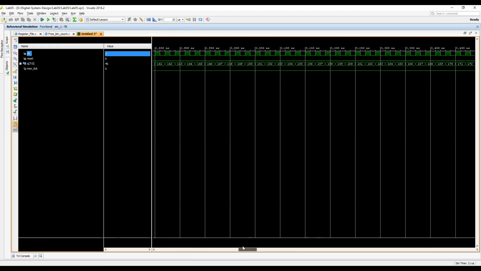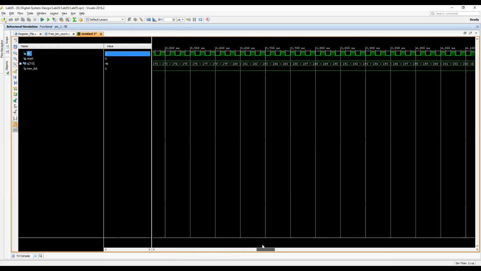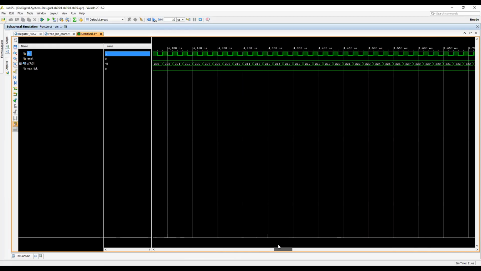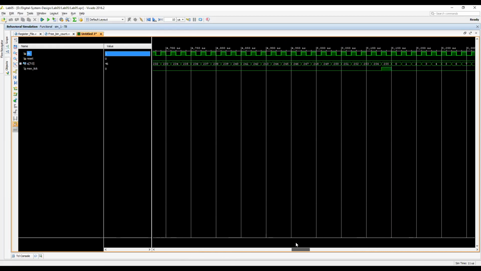I want to check where the max tick signal is generated. Okay, so keep going. Okay, here you go. Whenever it touches 255, that is the maximum value an 8-bit counter can reach, it generates a max tick. Otherwise, it goes down again. Okay, so that's it. Any question? Any question in this code?